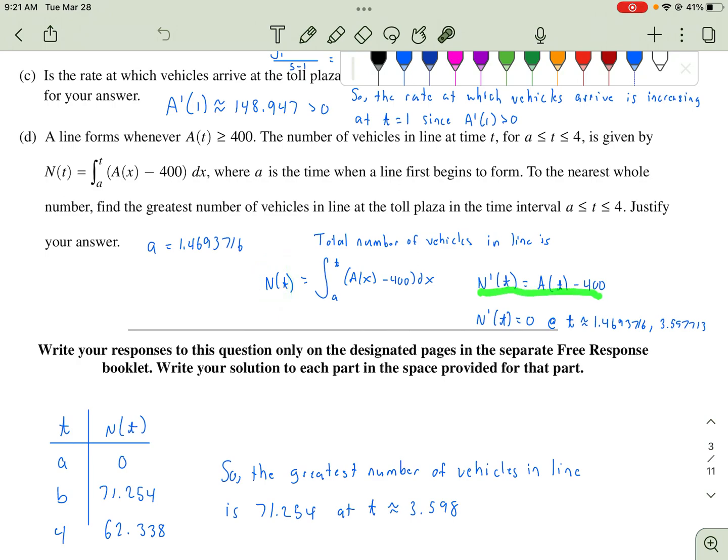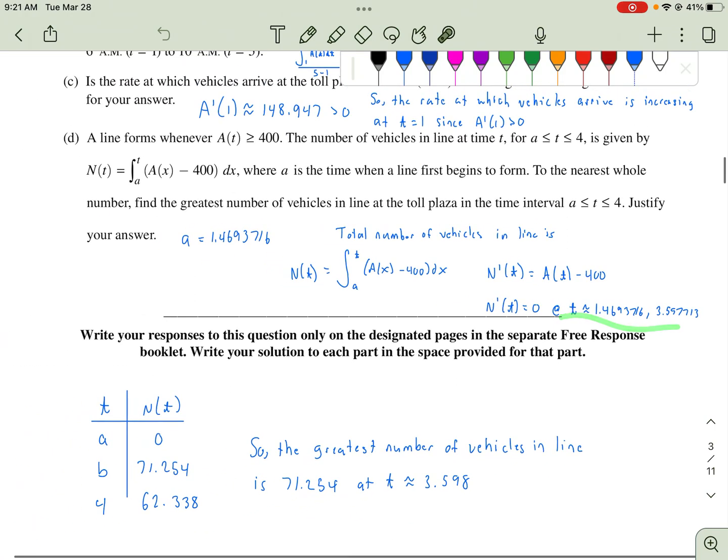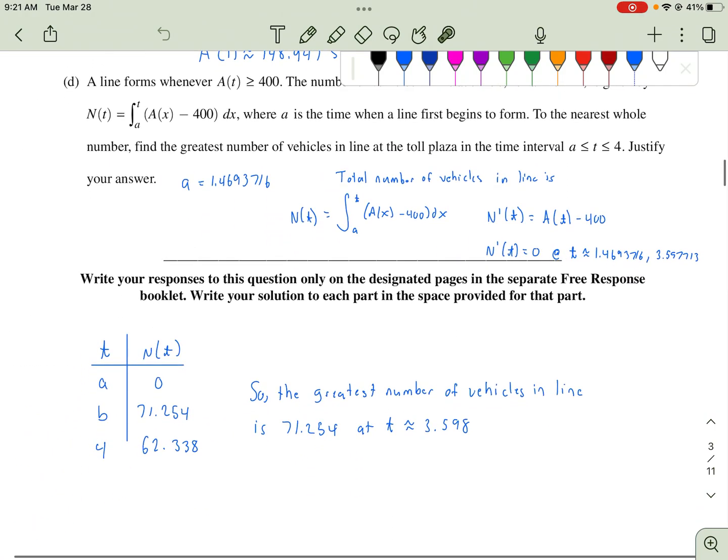So here's N prime. The derivative of the integral is just the function, except notice how there's a t plugged in there now. That's the famous foot tattoo problem. And we want to know when this equals 0. And so you can just graph this and find when it equals 0, or set these two things equal to each other and find those intersection points. And that occurs at those two t values. And then down here,